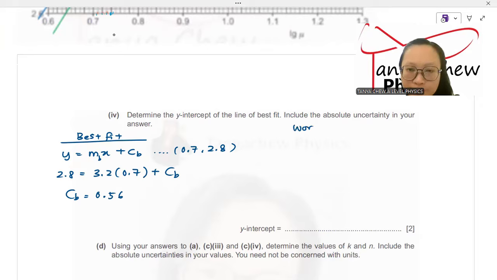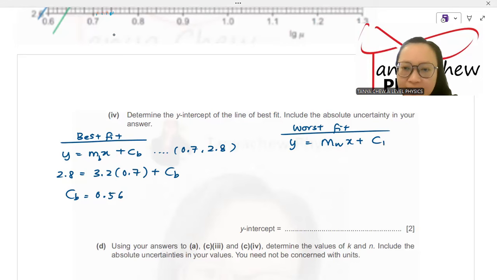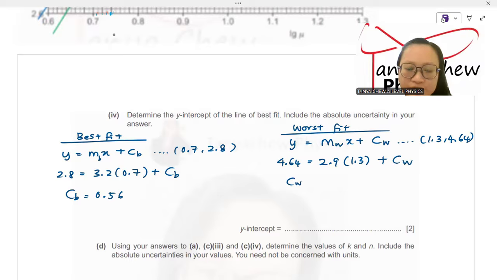Now, worst fit. Same thing, y equals m, but this has to be the worst fit gradient, x, plus the y-intercept of the worst fit. The points that I used were 1.3 and 4.64. So here would be 4.64. Gradient of the worst fit, I round it off to 2.9. So 2.9 times x value 1.3 plus the y-intercept of the worst fit. So the y-intercept of the worst fit is 4.64 minus 2.9 times 1.3, and I got